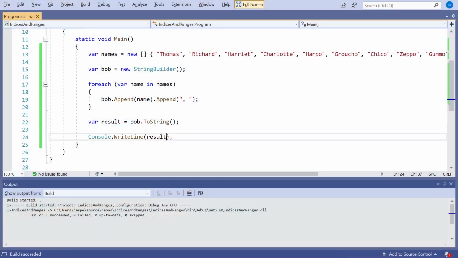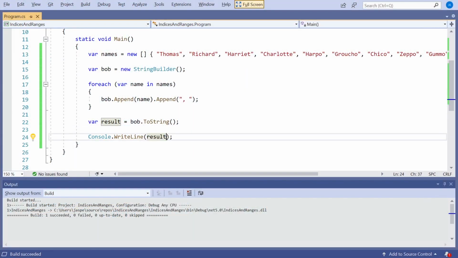comma, which may not be too bad in a comma separated value file, but certainly in terms of display to a human reader, we don't really like having trailing commas. That's just how things work with English punctuation. And so we need to remove that last comma space. Now there's various ways we can do it, but the way I did it was to use a range.